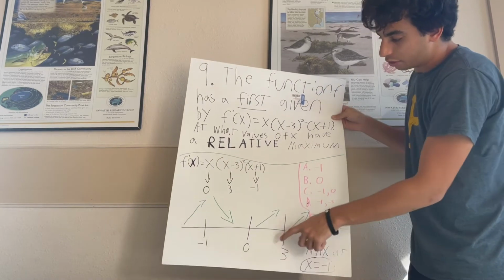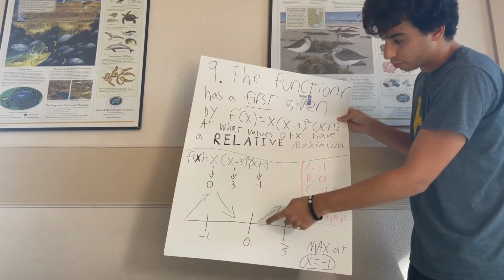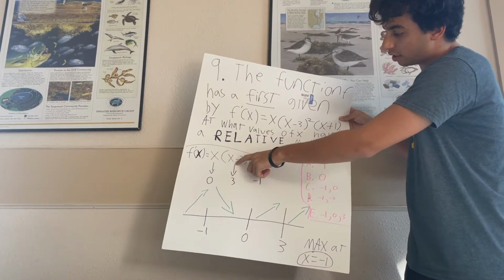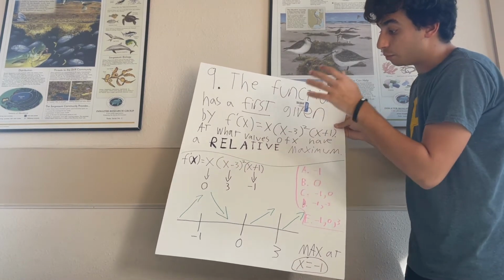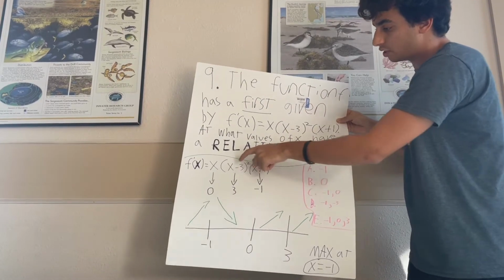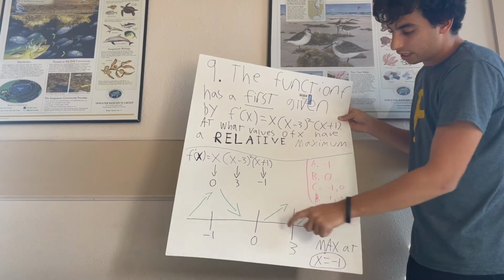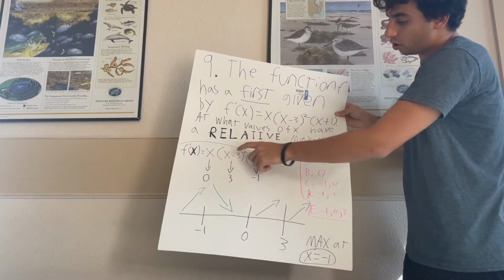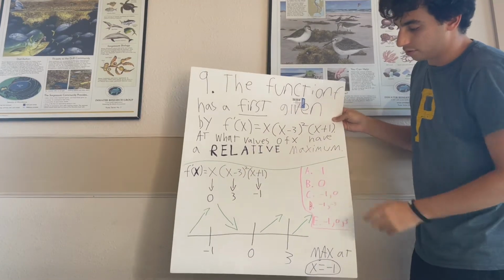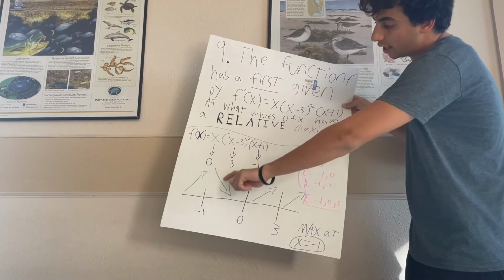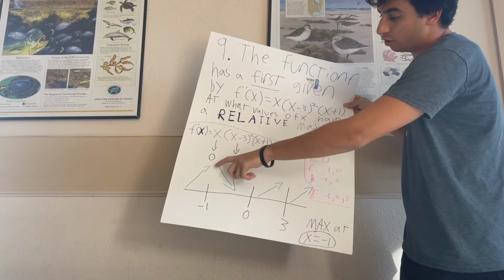Then between 0 and 3, I'll test 2. So we have 2, which will make this positive. 2 minus 3 is -1. -1 squared will be positive. And then I plug in a 2 right here, positive, positive, positive, positive, which is arrows. And then, of course, past here, if we test a 4, we'll get 4, 1, and 5, which will make a positive slope. So the only time in which we have a maximum will be right here, when the points